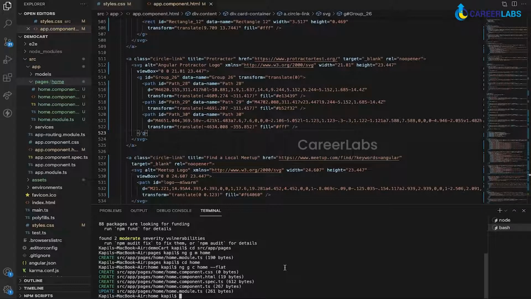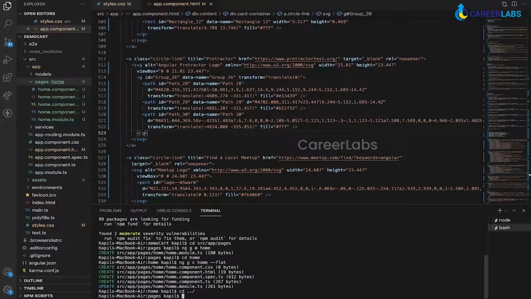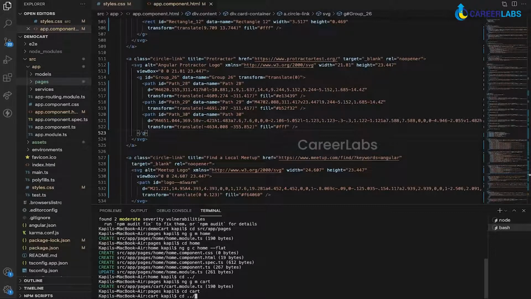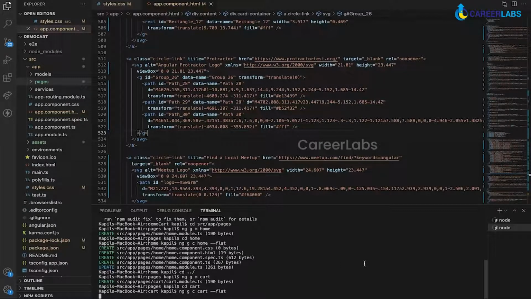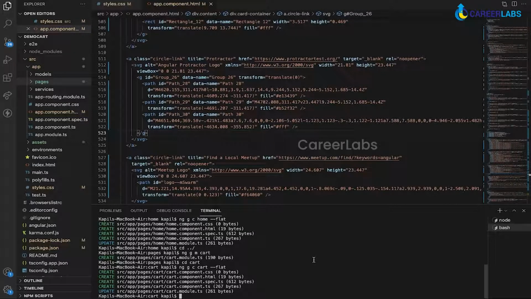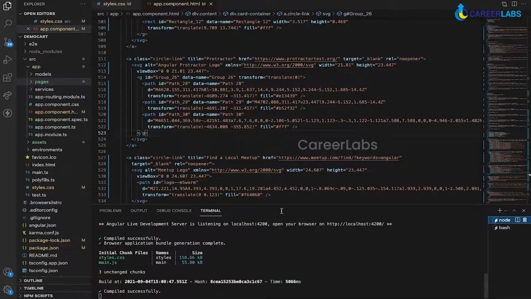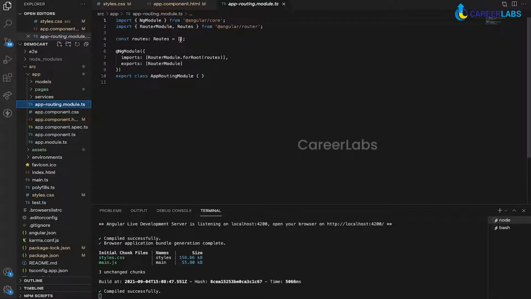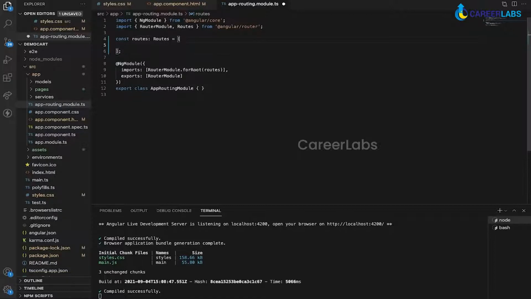Now following up with the same, I'll create cart module and cart component. Now in order to access these pages, we will have to update our app routing module so as to get the routes for them. As we can see, we already have a variable for routes of type routes. We will proceed with adding